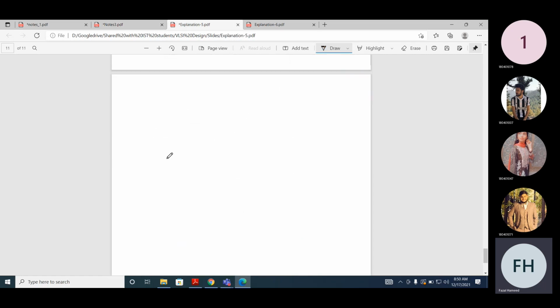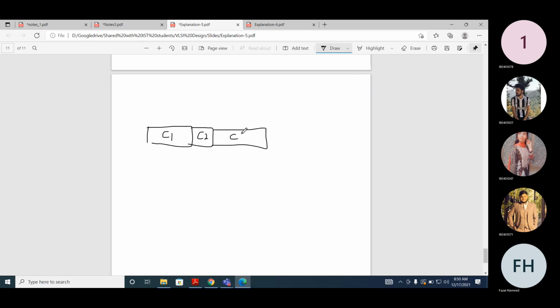Okay. So now let's assume we have some row of cells. Maybe this is cell 1, this is cell 2, this is cell 3, and so forth, and cell n. The width of all the cells varies. This cell 1 may be an AND gate, this cell 2 may be an inverter, this cell 3 may be a decoder, maybe any kind of thing. Then we form the rows of these cells, and they are placed together.